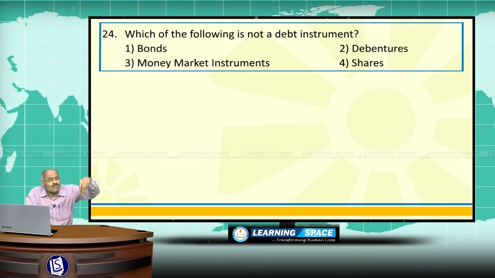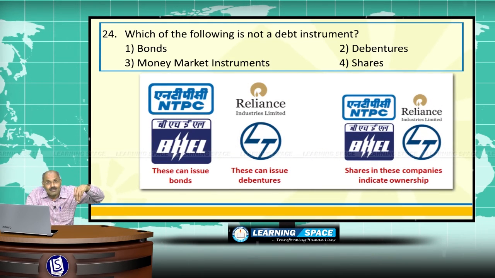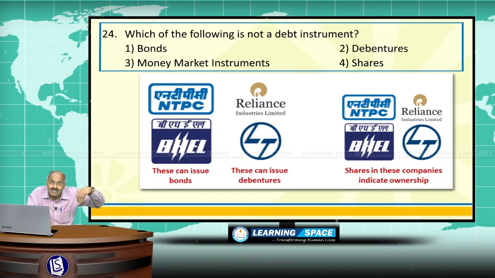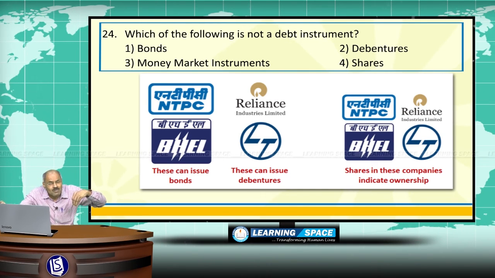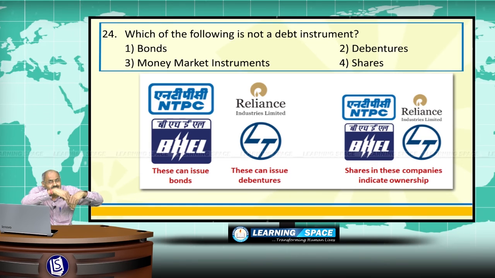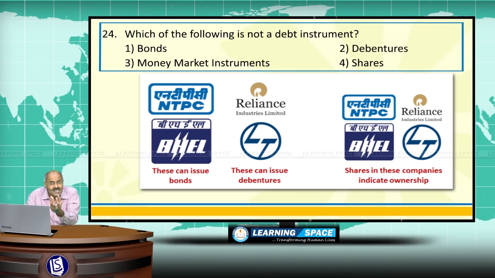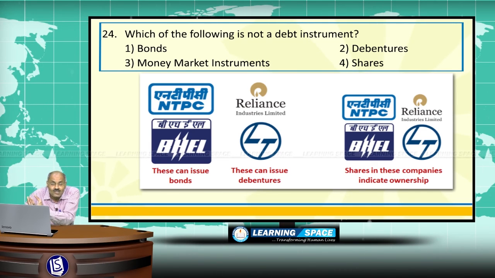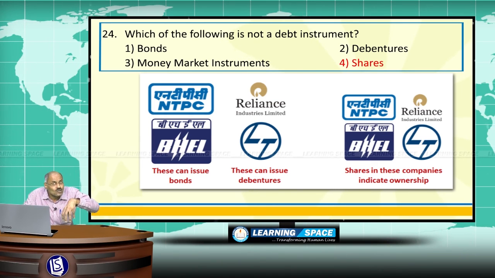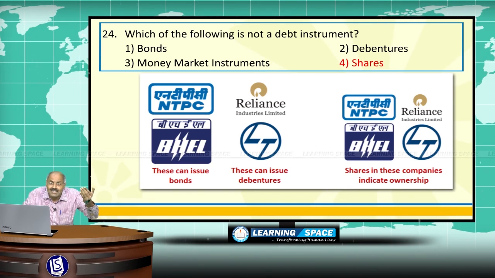Look at the last one: which of the following is not considered a debt instrument? If you look at the options, first one is bonds, that is a debt instrument. What is a debt instrument? You have given a loan to some company, and the company will give you a bond or debenture. This is known as a debt instrument. Bonds and debentures are examples of debt instruments. Not only that, money market instruments are also debt instruments. They carry some rate of interest, but shares is not a debt instrument. Shares is an example of an equity instrument, but the remaining three are examples of